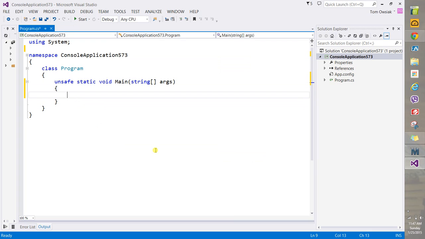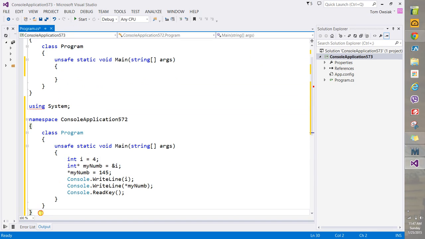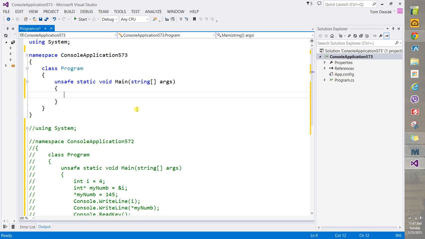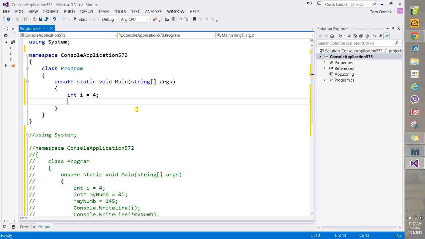Now a pointer is basically a memory location that stores the address of another memory location. Think of it that way. It points you to some memory location. Here I'm going to comment this code out. I'll just walk you through it. So we're going to say here int i equals 4. Remember, i is like the name of a memory location, and at that memory location we store the value 4. Now we're going to create a pointer, int* myNum, and then myNum equals,